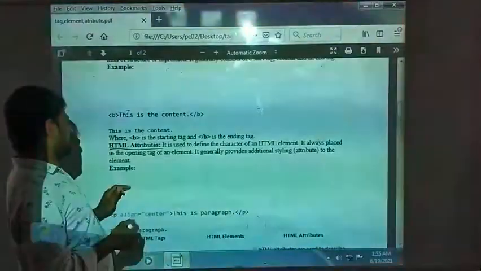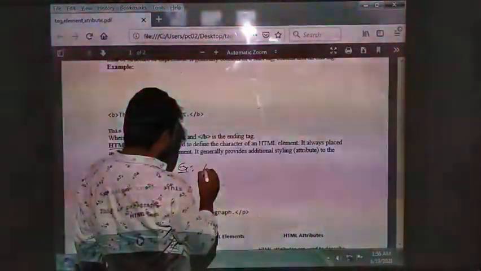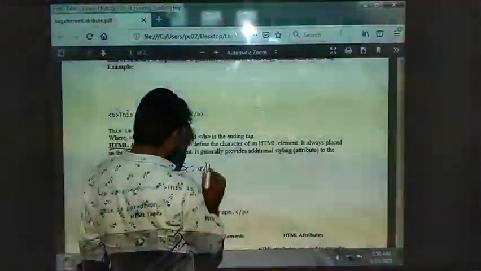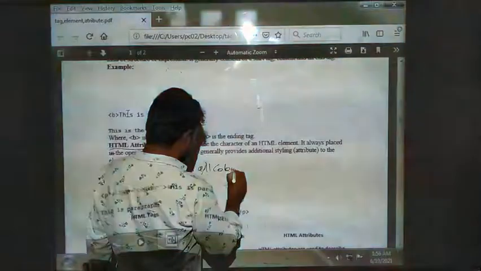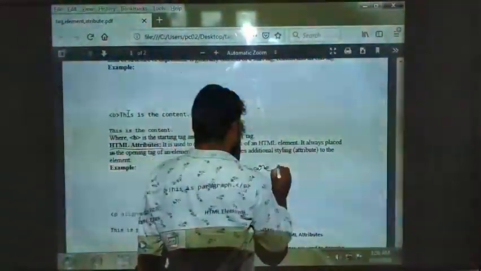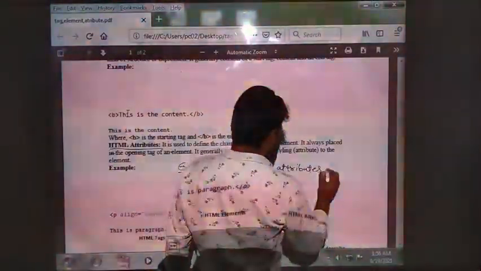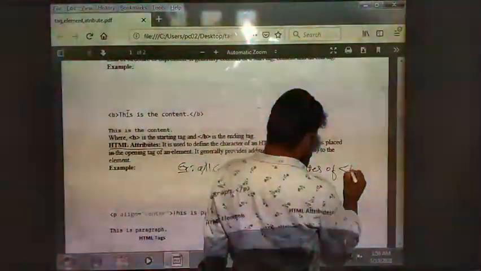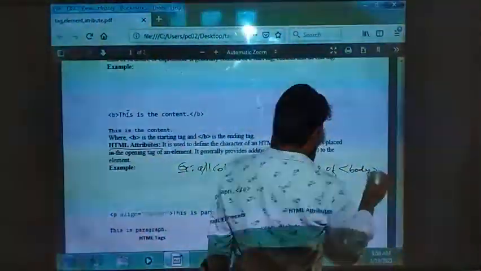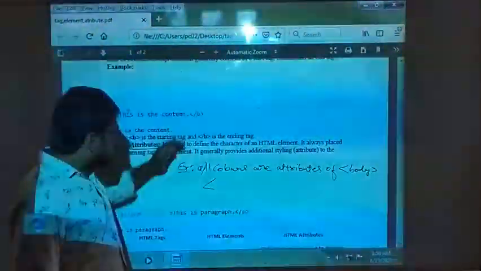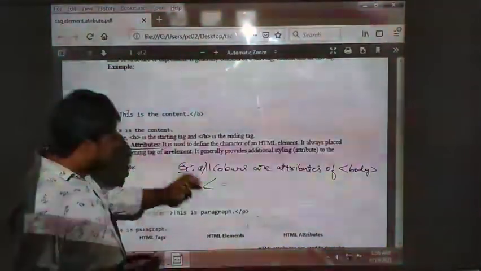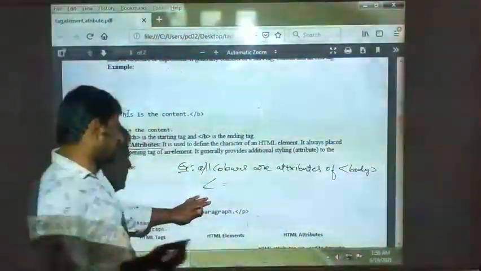The body tag. This attribute should be written in the opening tag only.